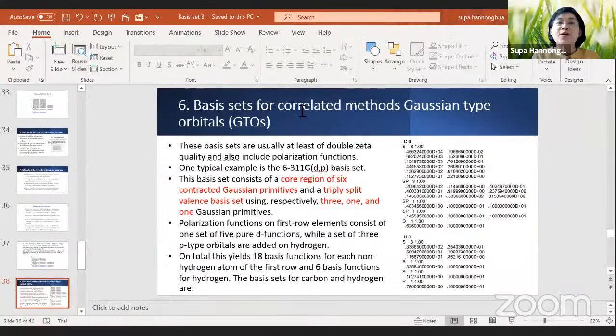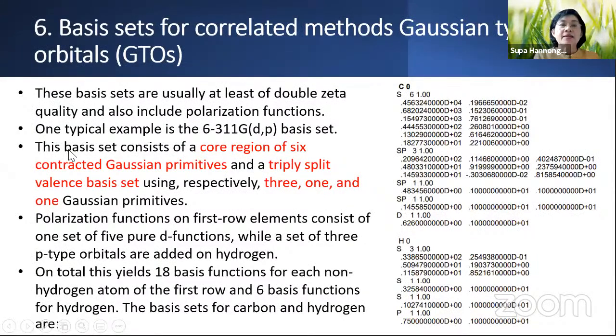The basis set for correlated methods, Gaussian type orbitals. Okay, correlated method. I try to put some sentences on the slide because sometimes the students can read the slide and then learn a little bit more. I like to introduce this because these basis sets are usually at least double zeta quality and also include polarization functions. One typical example is the 6-311G